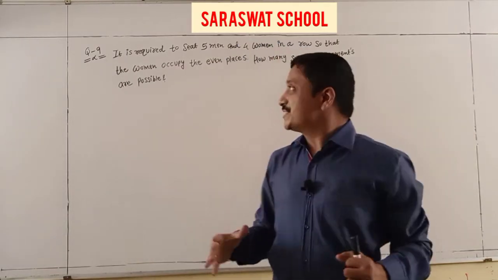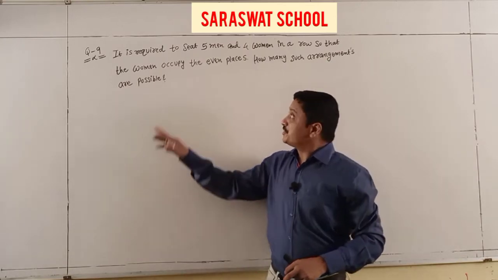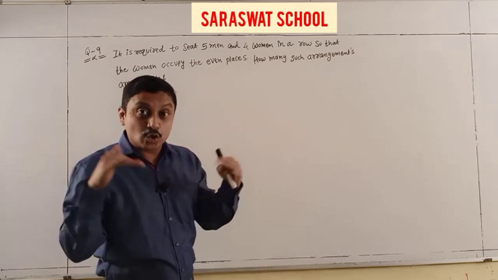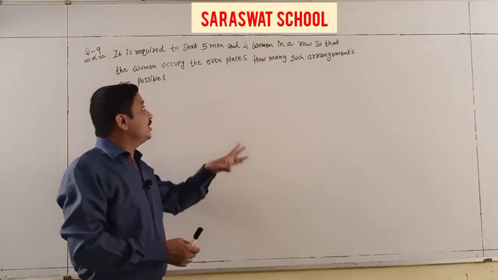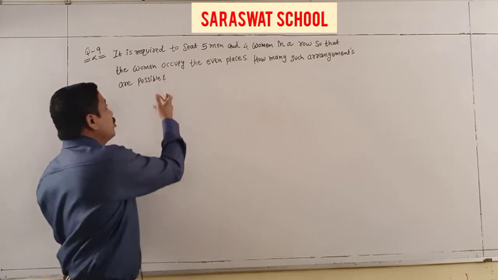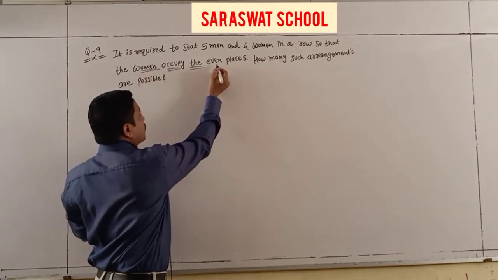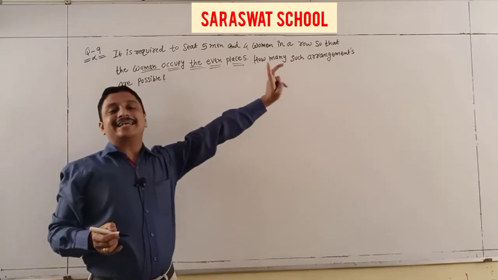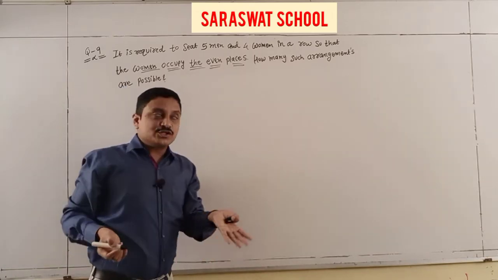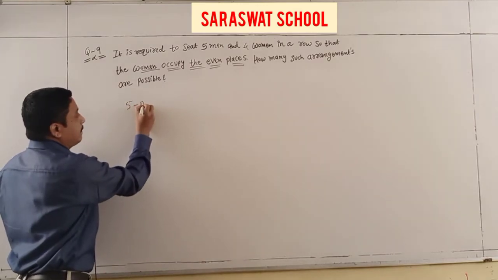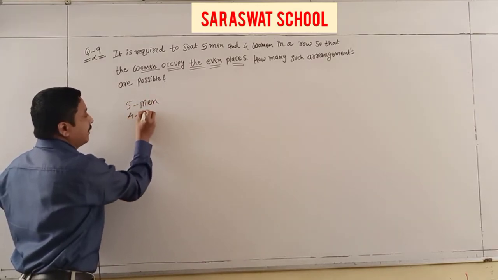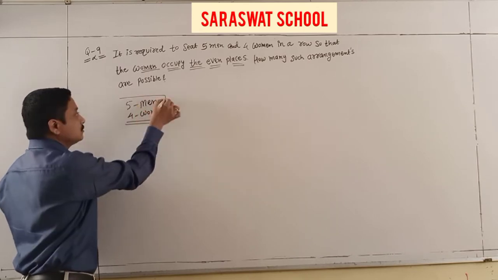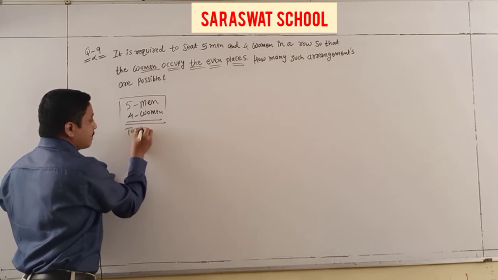Now next one students, question 9. It is required to seat 5 men and 4 women in a row, but the condition is that women always occupy the even places. How many ways is this type of arrangement possible? Students, I have first of all 5 men and 4 women. It means you have a total of 9 persons,